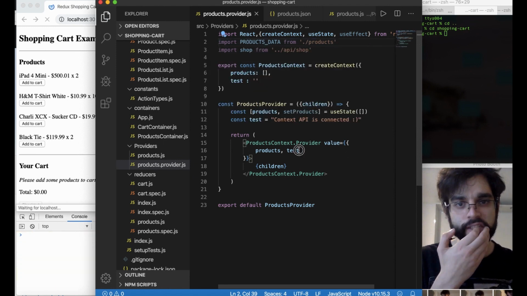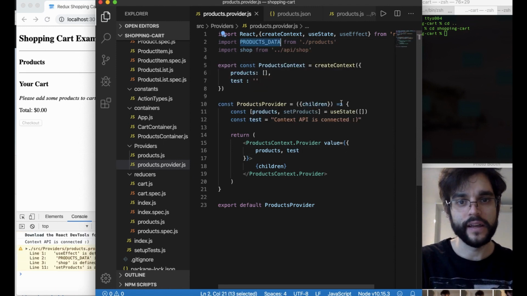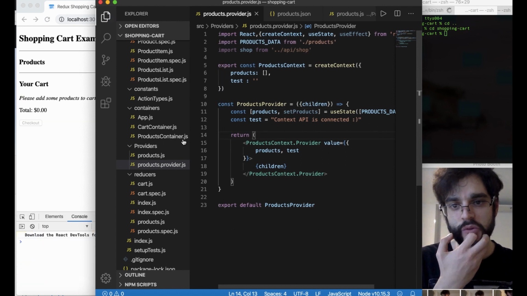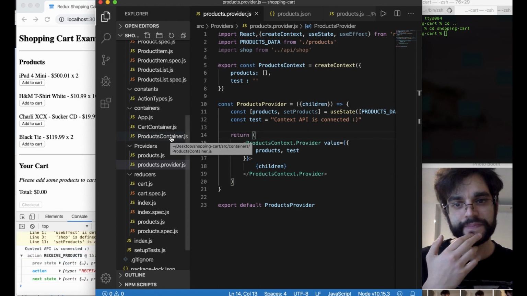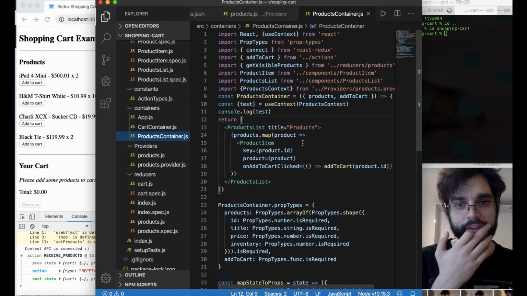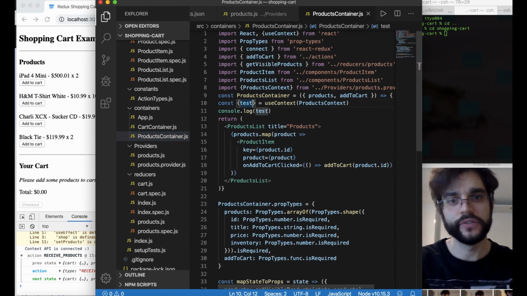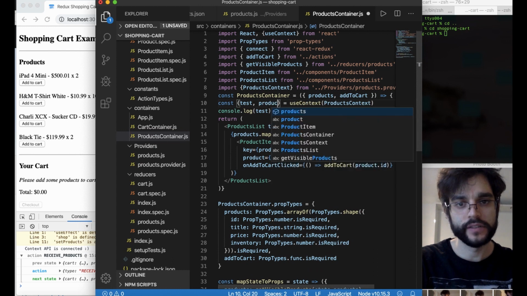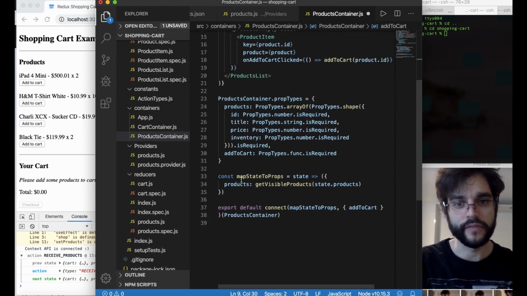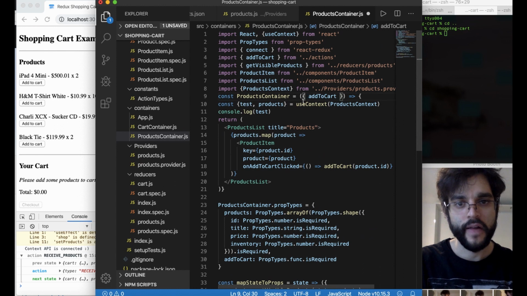And then what we're going to do is we're going to actually take our products data and move our products data into our use state. Okay. And then we're going to go into our products container, and we're actually going to bring it in. So in our products container now, we're bringing in test, but we can also now destructure products. And if we remove the products that's being basically taken from our props from products here, and we save,